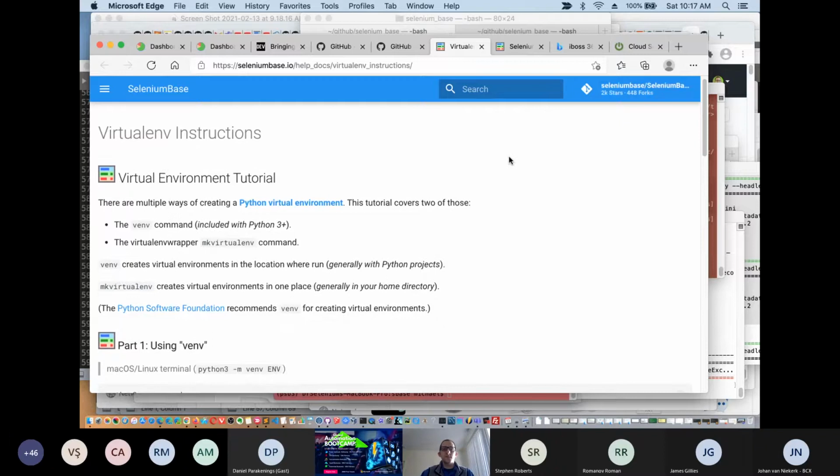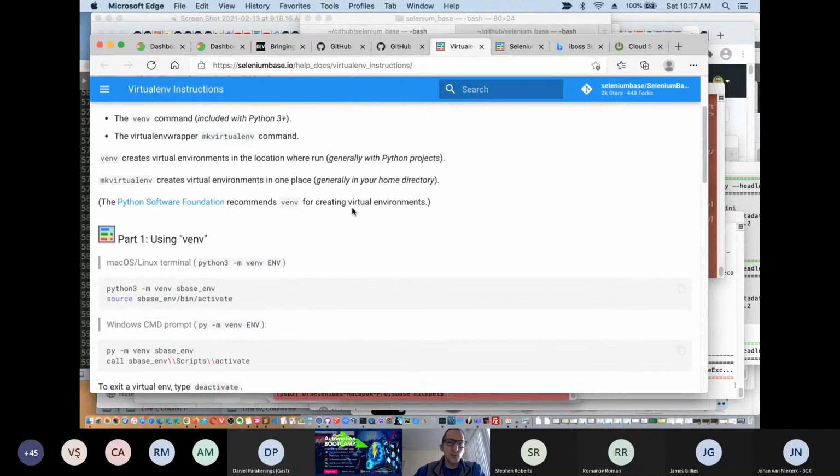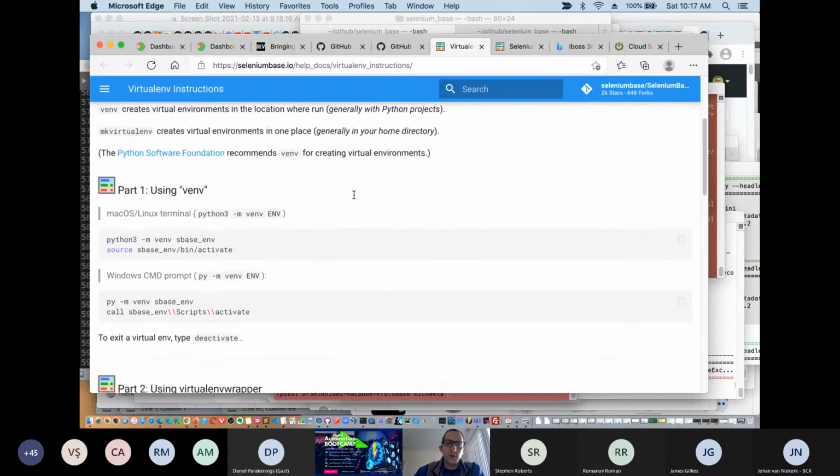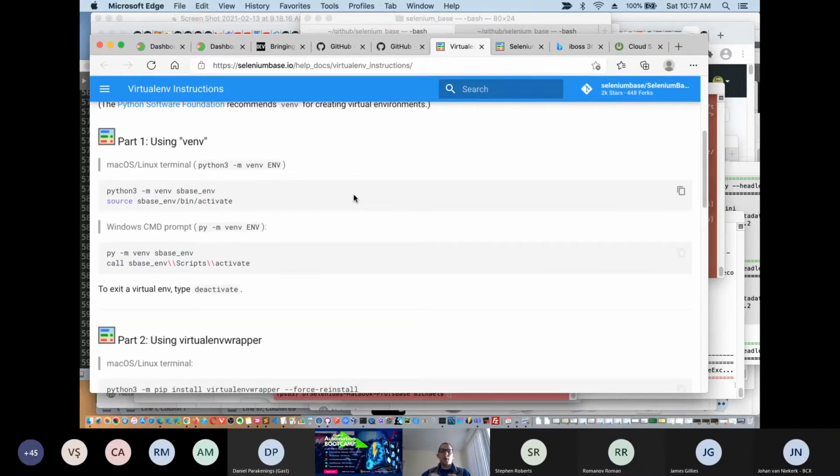There's the venv command, which is included with Python 3+. And additionally, there is another tool called virtualenvwrapper, which gives you the mkvirtualenv command. You can see the highlighting on the screen that I'm doing. And with those two commands, you can essentially create a Python virtual environment easily, which is probably the first thing